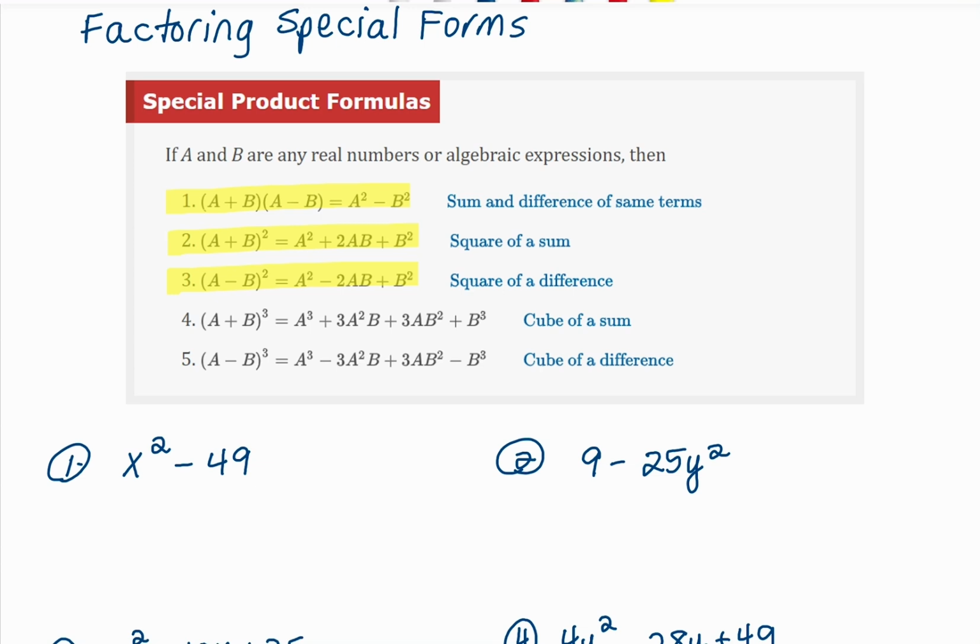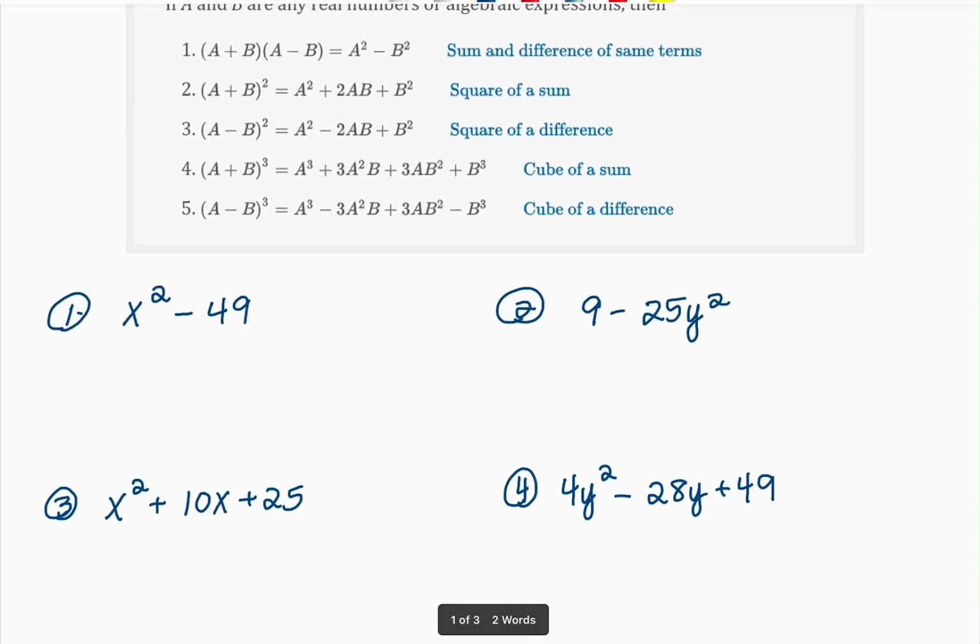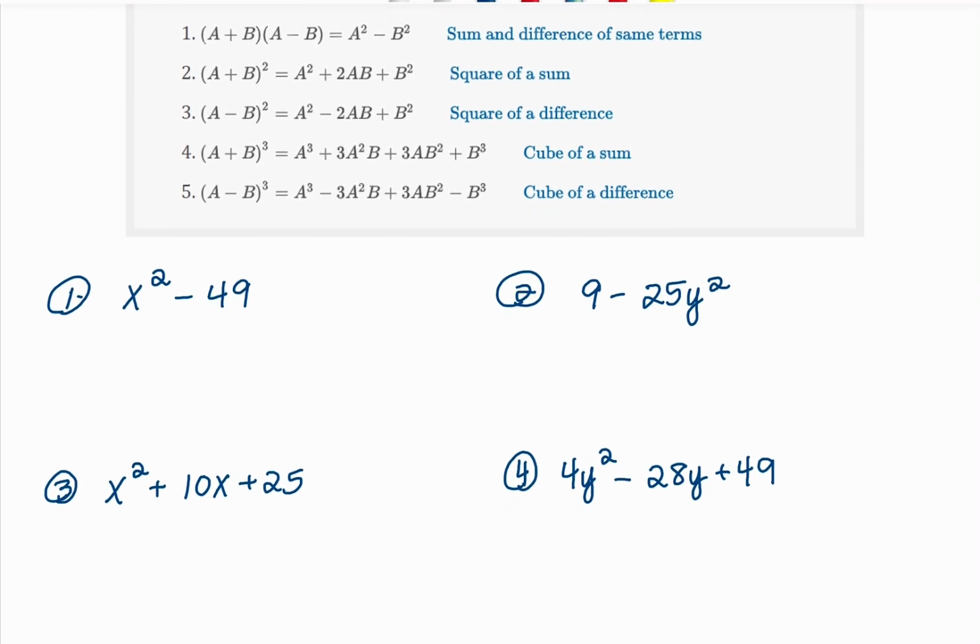But for this video, what we're going to do is think about how we can actually go from this right side back to the left side. Okay, so we are going to start with the answer, so to speak, and then work backwards to get to the question. All right, so if you look at this first example here, x squared minus 49, what we have